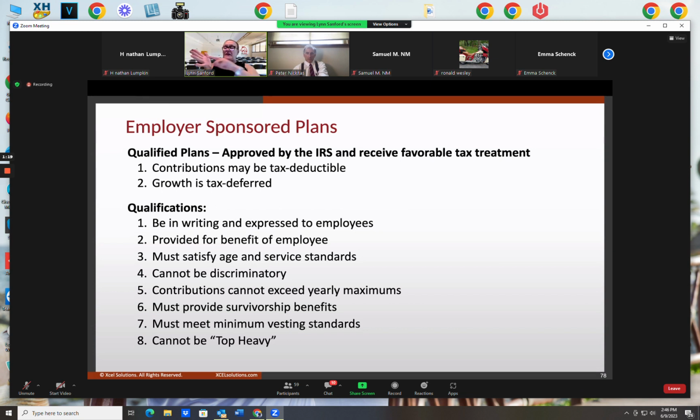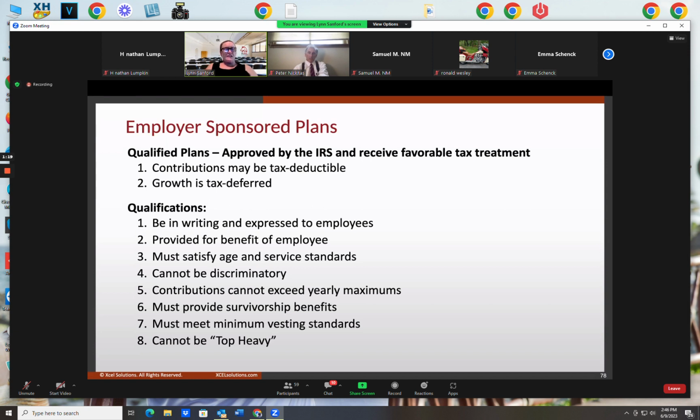Because you're paying less federal withholding. You're paying federal withholding on your adjusted gross, the gross minus your contributions. You're paying federal withholding on the adjusted gross. You still got to pay Social Security and Medicare on the gross, but you pay federal withholding on the adjusted gross. So that means a larger net take-home paycheck is going to be paid out to you.